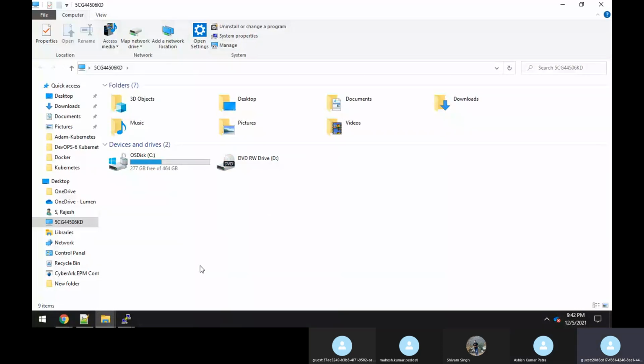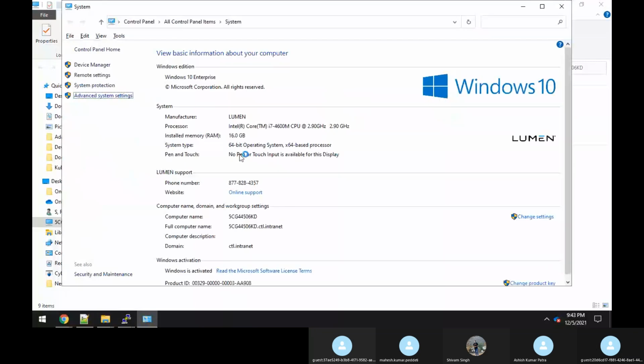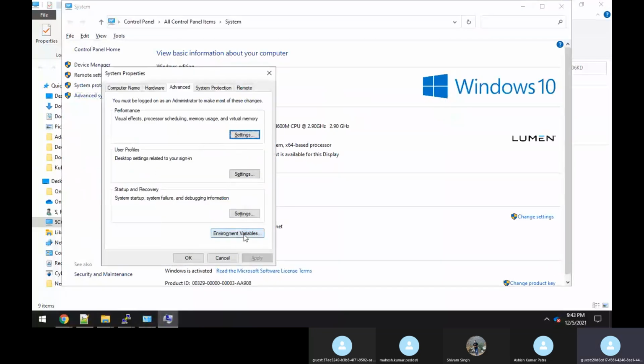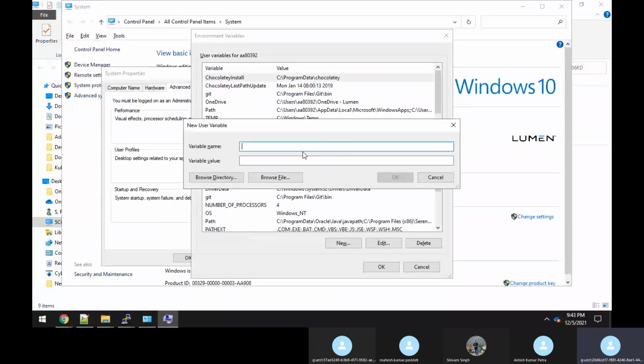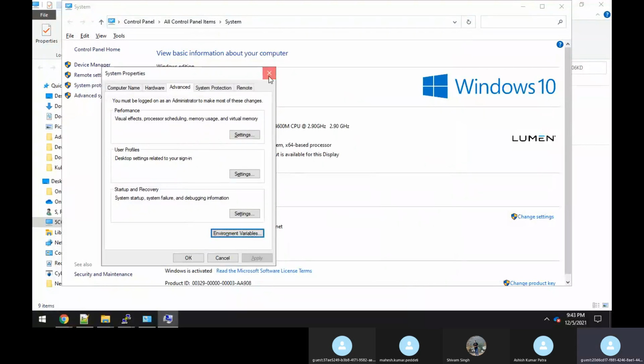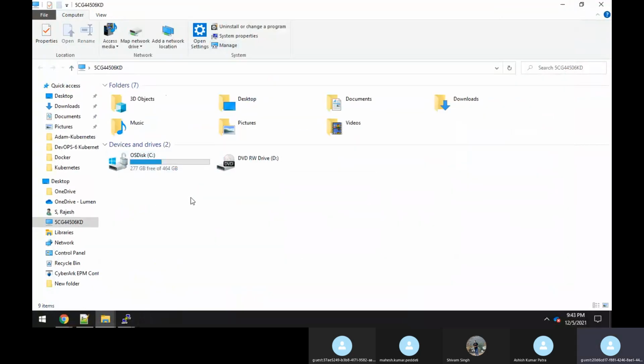Here, advanced system settings. So I'm just telling you, see, environment variables, add or new. Here you have to give the variable like this, and then you have to say okay. Like that. Now once you did it,